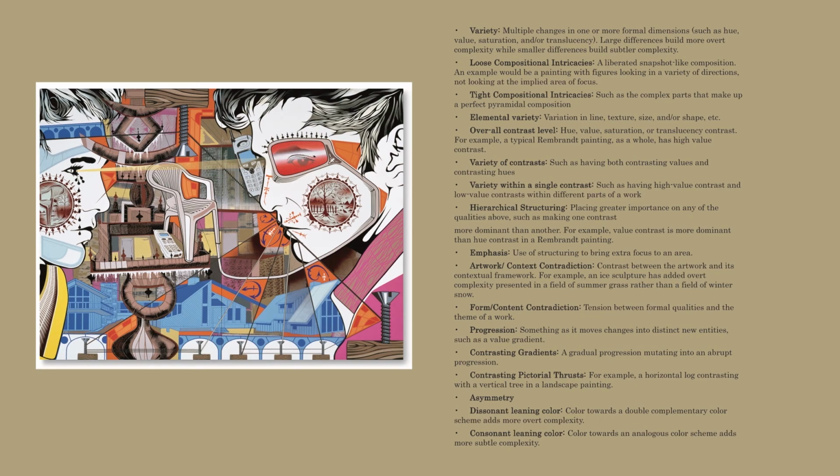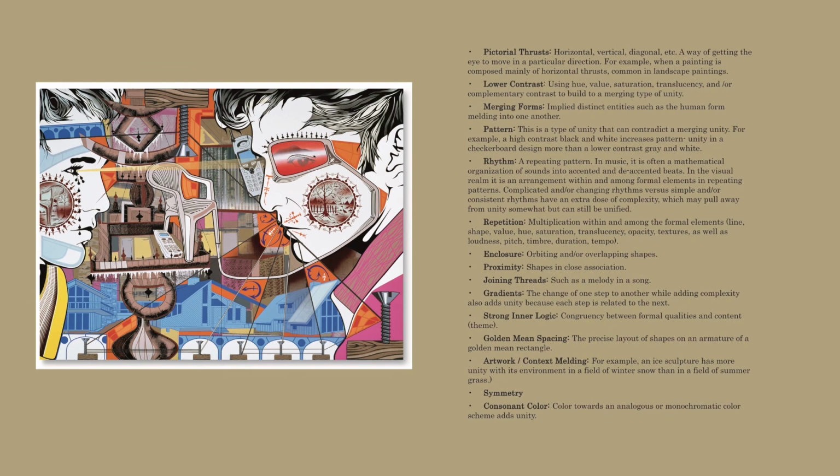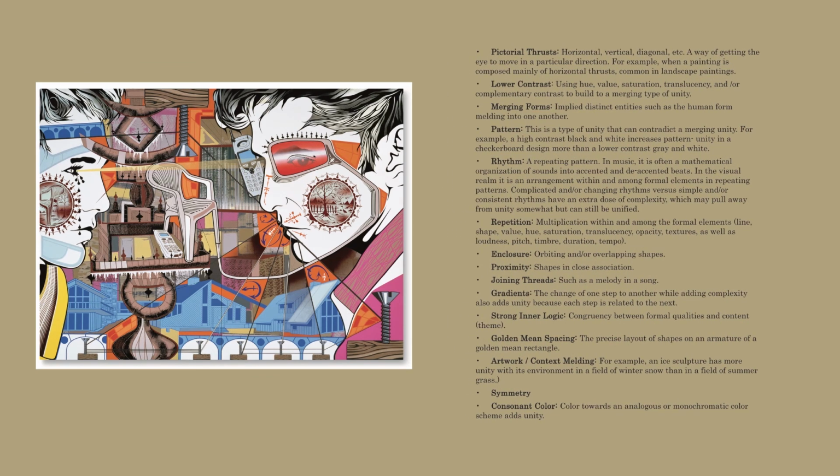With the work being analyzed for complexity, let's flip over and look at how the expanded definitions of unity might apply to this work. Like with complexity, many of these traits can be applied to the work. For example, the painting contains strong pictorial thrusts to guide our eye through the composition. It also uses merging forms, where one element melts into another. Pattern is heavily used in Pittman's work, as is rhythm and repetition. There is a very obvious enclosure in the connection between the two figures and the visual thrust that takes us along the row of screws that border the bottom of the composition. I would say, too, that there are a great deal of joining threads that bind the elements of the composition together. As before, more definitions could be added depending on our own thoughts.